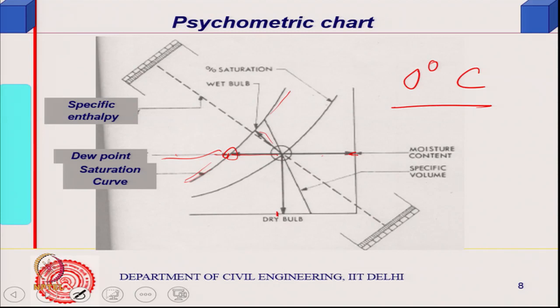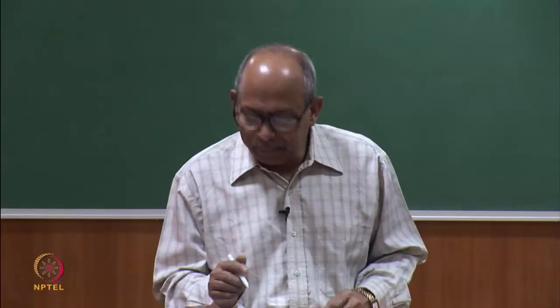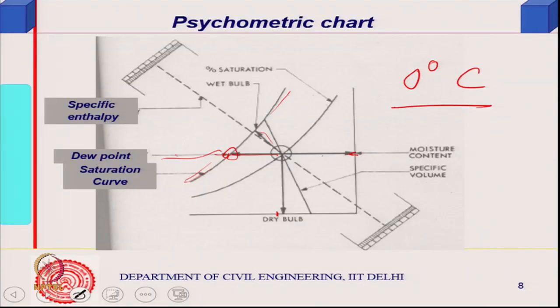So, we consider the enthalpy change above 0 degree centigrade, and we assume that all evaporation takes place at 0 degree centigrade. Supposing that air is at a moisture content of G and a temperature of T, then its specific enthalpy will be, because the evaporation has taken place at 0 degree centigrade,